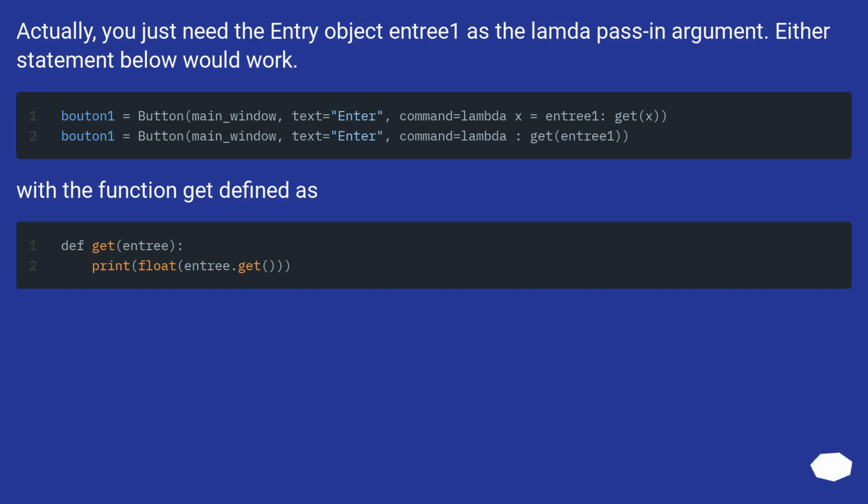Actually, you just need the entry object entree1 as the lambda pass-in argument. Either statement below would work, with the function get defined as